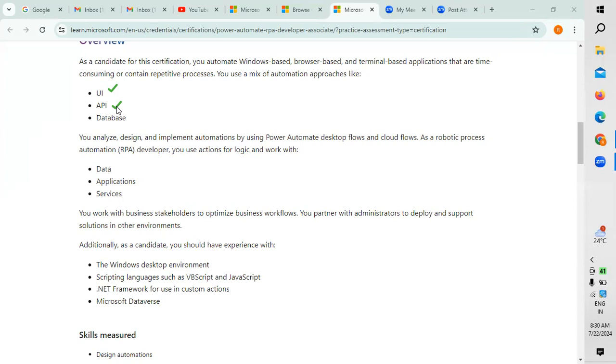One more is the database part. Creating and managing databases is always important for any application development we perform. So these are the three mix of automation approaches. An individual acquiring knowledge from the developer perspective as an RPA developer has to be good with these. At the same time, as an RPA developer, it's important to analyze and